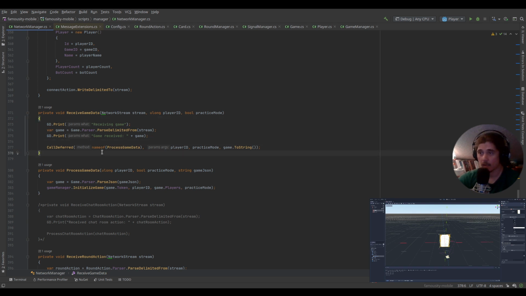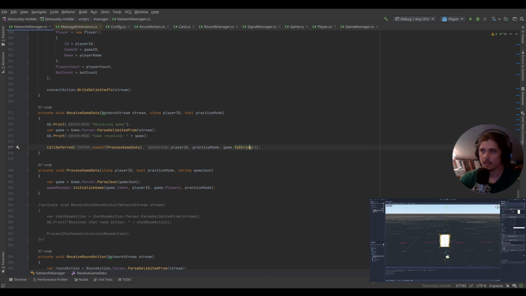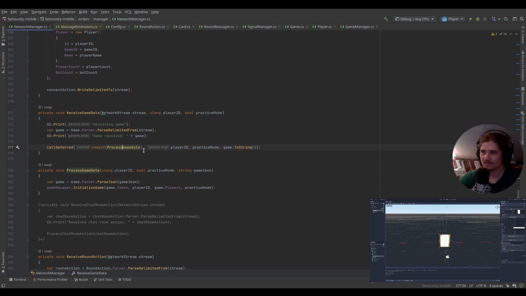And how I decided to do it is to use call deferred. So this will call basically the main thread, or we will invoke the method on the main thread. And instead of using game, or maybe just part of it, I needed the token and players. The players was the problem here. I will use this toString, which will basically return a JSON string of the object. And then the method will use the parser and will parse the JSON from